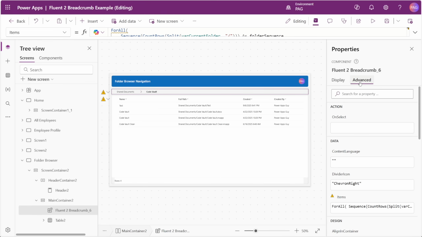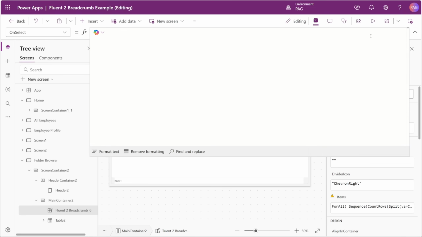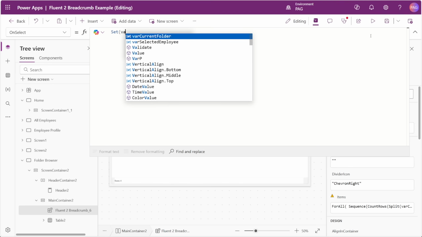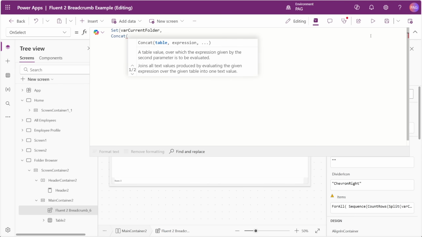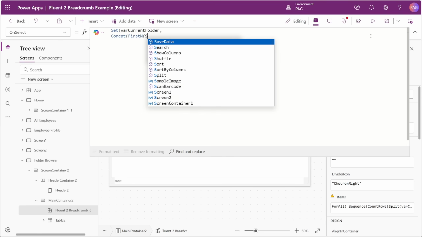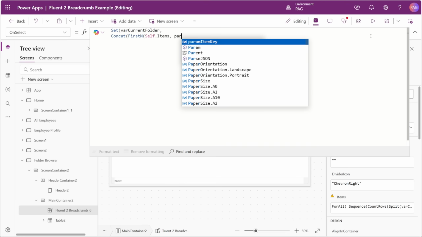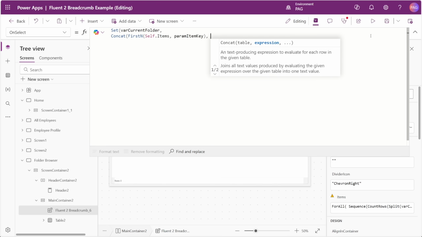Now we need to set up the event that happens when the user clicks one of the breadcrumbs. And to do this, we'll go to the onSelect property of our breadcrumb component. Here we simply want to set our var current folder variable. The value of this should be concatenating the first number of folders up to the folder that we selected. And we can get this using the first N function with our item key parameter passed in from our breadcrumb